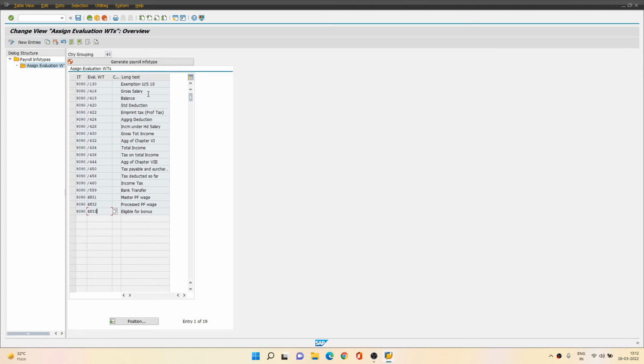When I say payroll info type is generated, I mean you will have info type 9090 present in your system. We can verify that by going to transaction